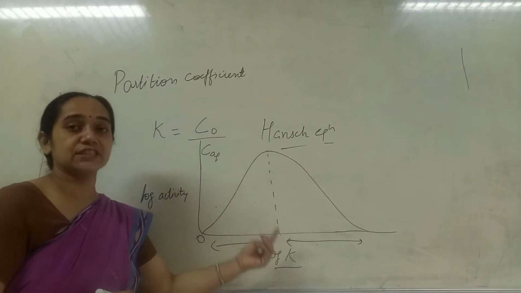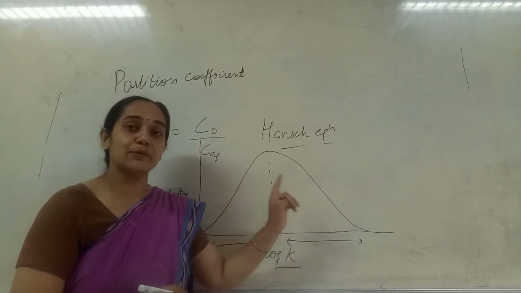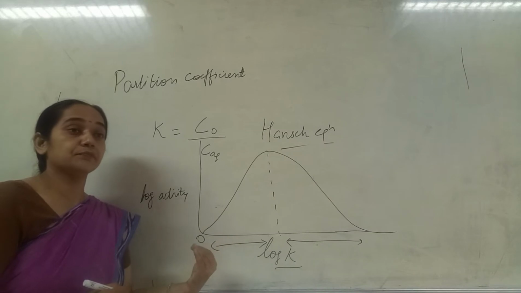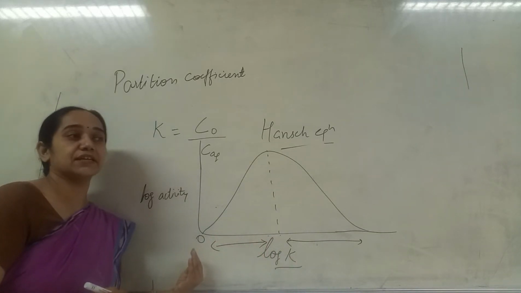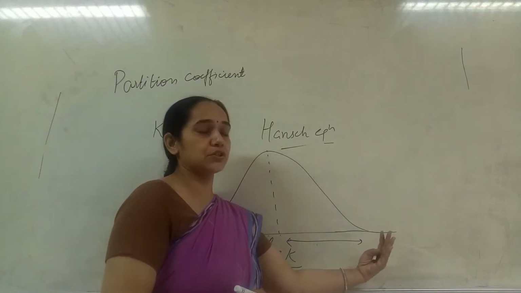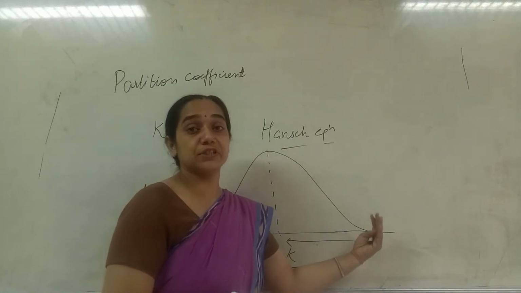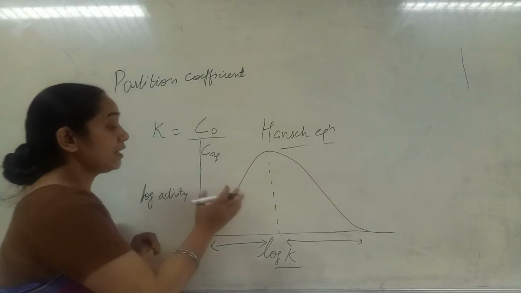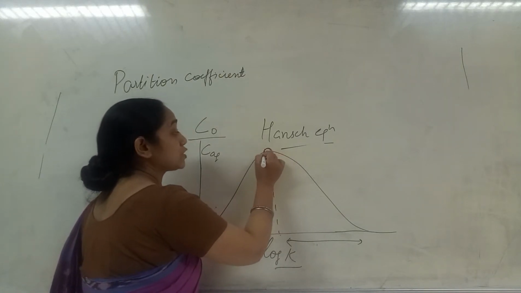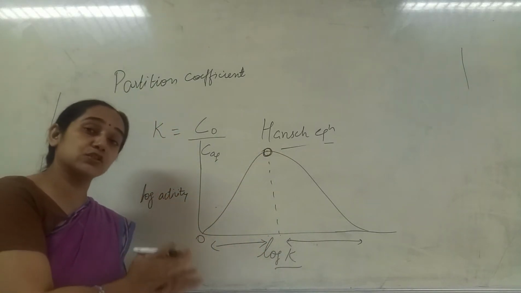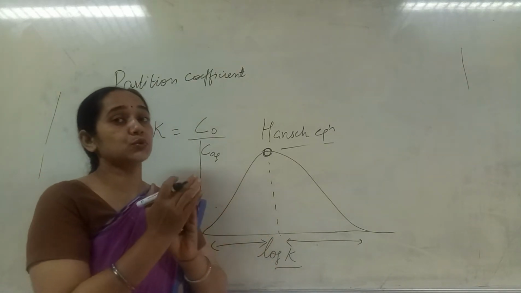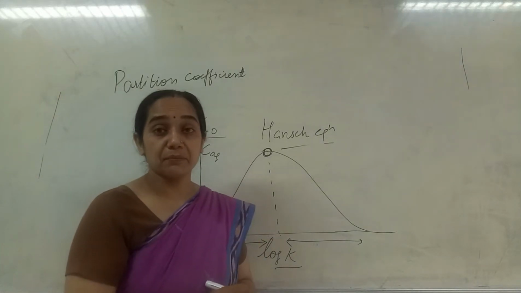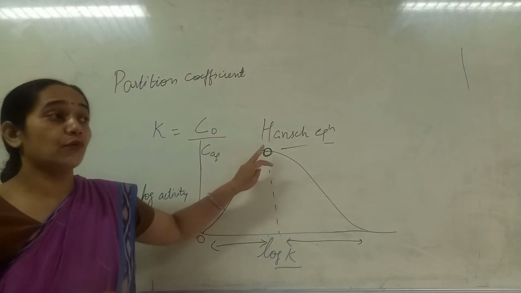The peak position represents a balance, meaning it has a suitable hydrophilic lipophilic balance. If we move towards the left side, it represents hydrophilicity increasing. If we go away from the central position, it represents hydrophobicity increasing. Now this position is the best position, at which a drug has suitable hydrophilicity as well as suitable lipophilicity, meaning it can easily dissolve as well as easily permeate. But most of the drugs do not fall at this point.